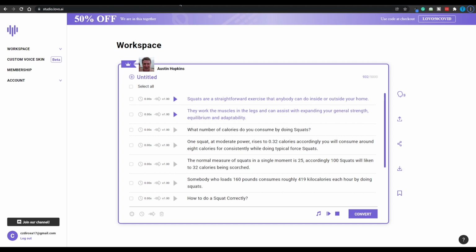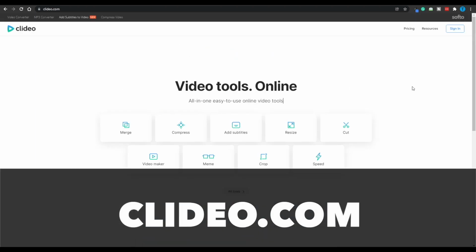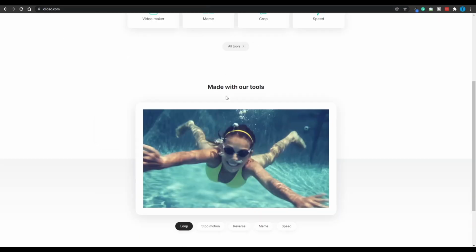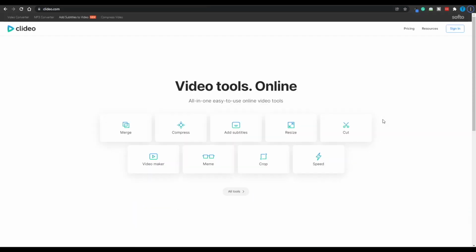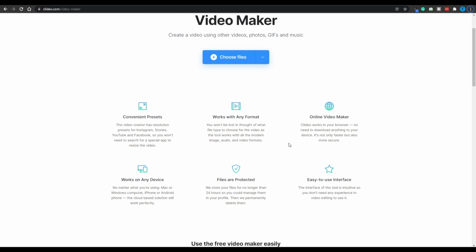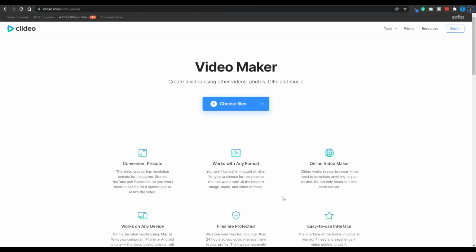And here is how. The next thing you need to do is connect to any video editor. That can be Premiere Pro if you want to pay for it, or you can just go over to Kalidio.com, which is going to be a free-to-use video editor that you can even use in your browser, so you don't have to download anything. Once you're here, just head over to their video maker, and here is where the magic happens. You're just going to choose your audio here and then start creating some slides in order to present your video. You've got full control. Those are 100% customizable. You can add any text, anything you want.